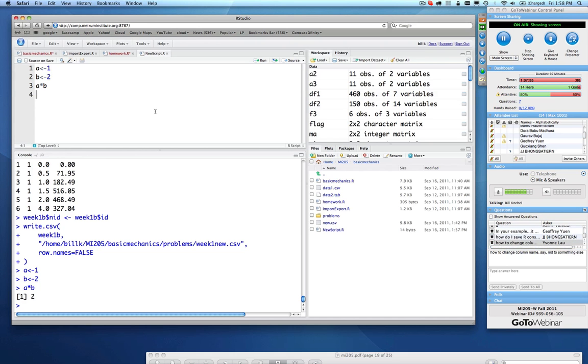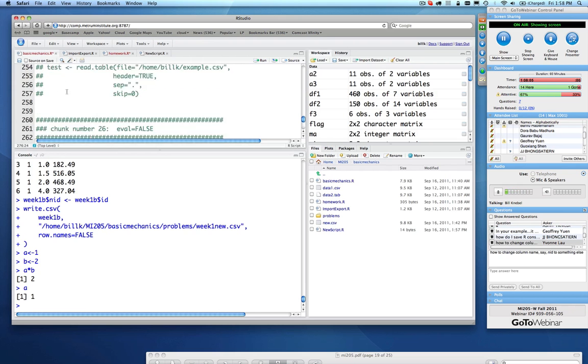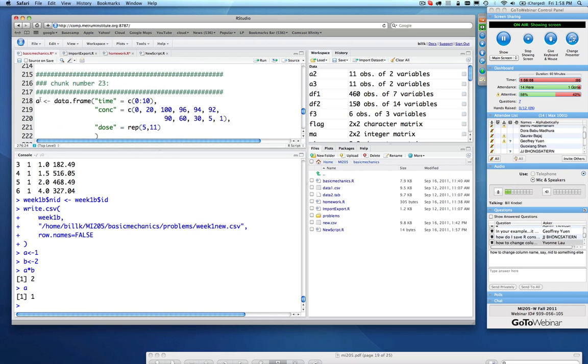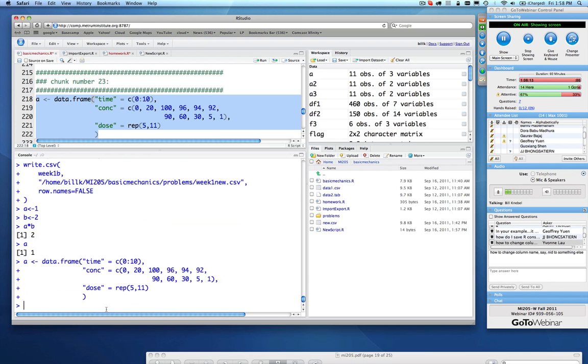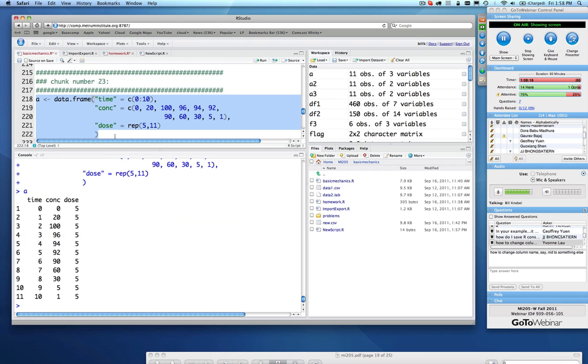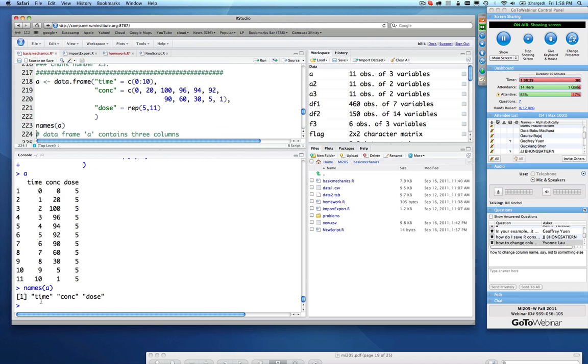Actually, good question. Somebody asked how I change a column name. So let me bring back a data frame here. I'm going to use this A data frame again. So now I have A. There are numerous ways you can rename a column. The names of A are time, concentration, and dose. You could do something like this,